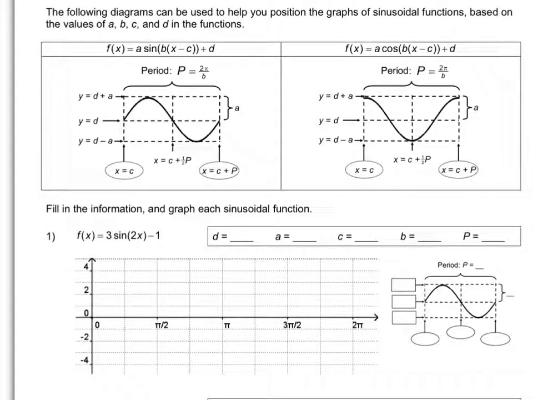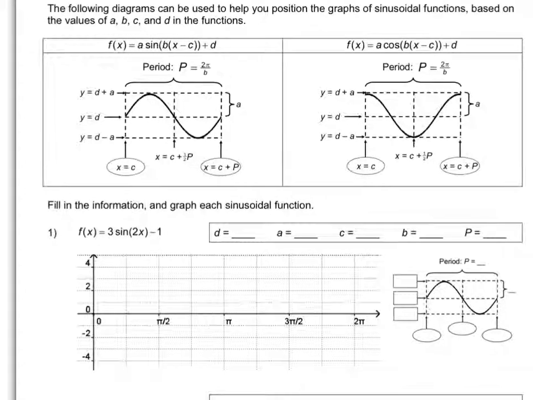Now let's talk about graphing sine and cosine when you have everything thrown together. Kids, try to go through and identify all your parts. D is your vertical shift, so we're going to go down one. A is 3, so I'm going to have a vertical stretch of 3. Now C, notice there's no shift involved, so C would actually end up being 0, so no shift. B is 2. Now, to get your period